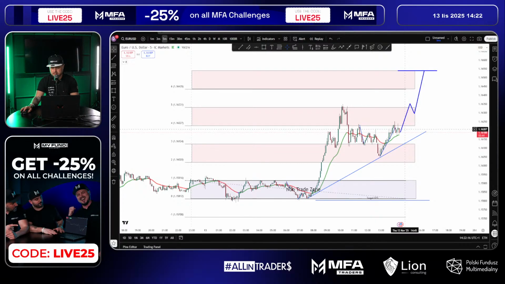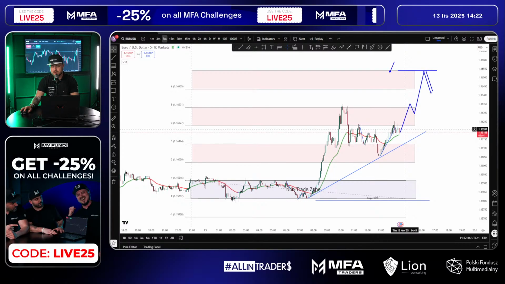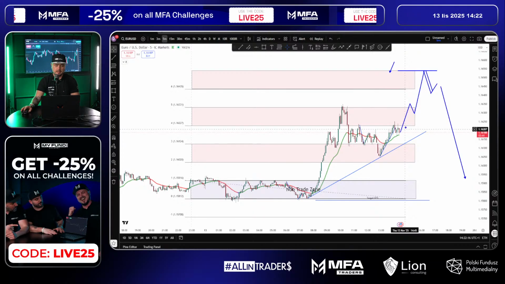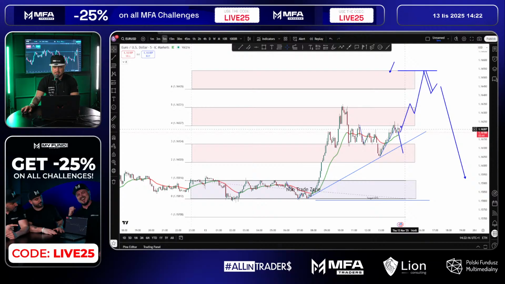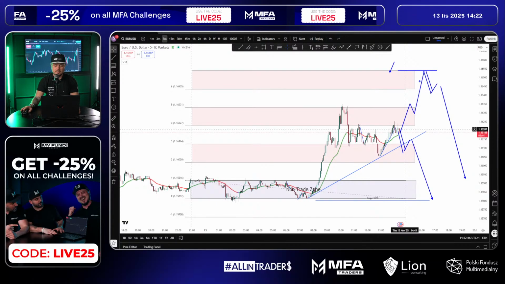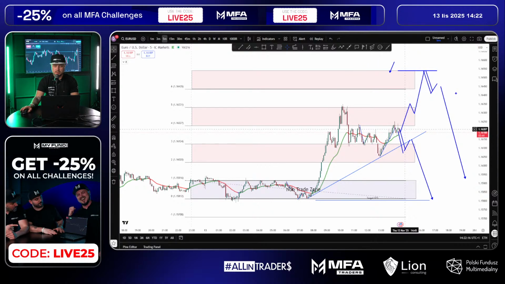And we're gonna see reaction at this expansion. Then we're gonna wait for bearish rotation, and then we're gonna look for the trade. So maybe from here. So I'm not sure. I need to be flexible. I need to watch the market, see what's gonna happen, which way we're gonna go.